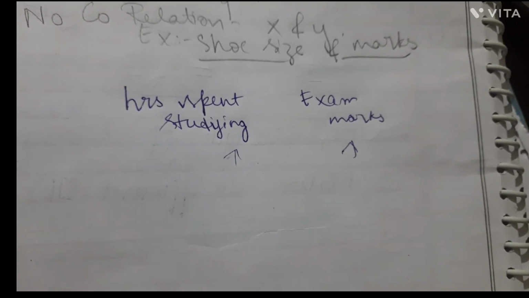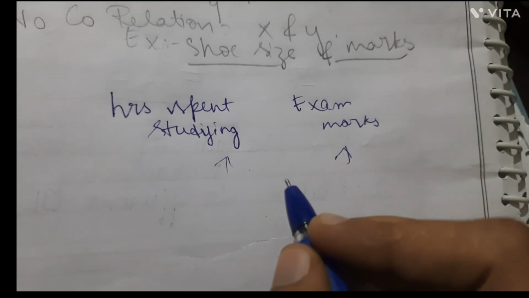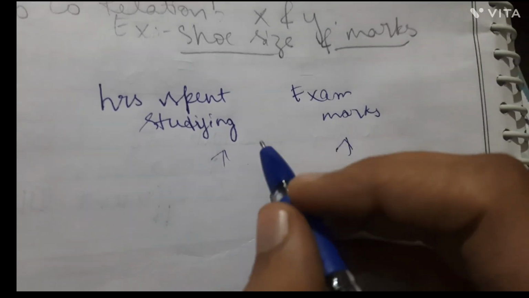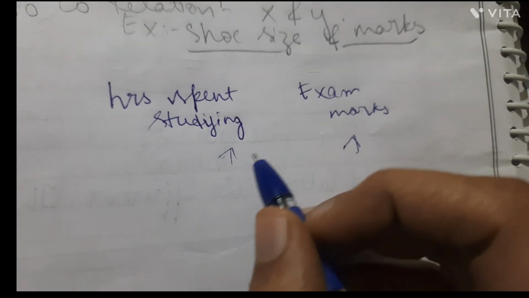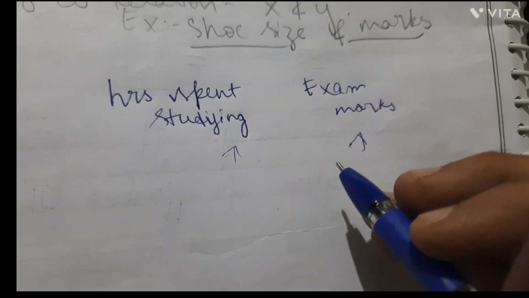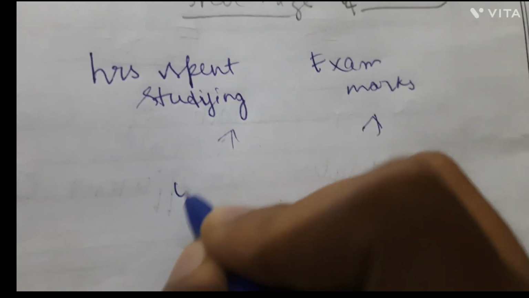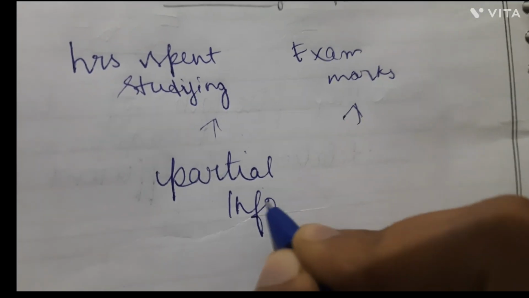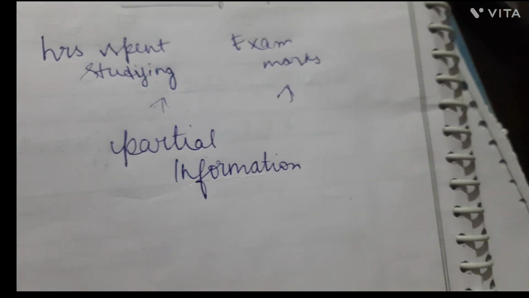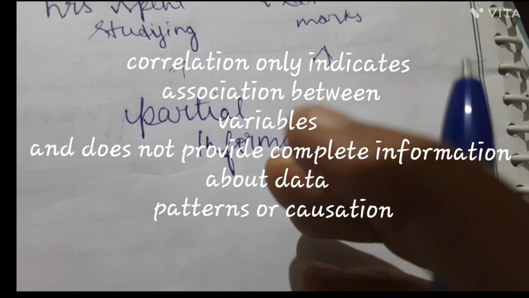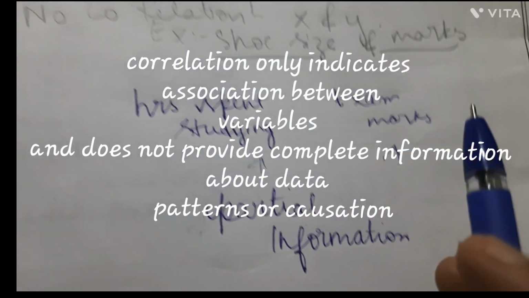But correlation does not tell us whether studying caused high marks, or whether stress or sleep or teaching quality affected the marks, or whether a few extreme values influenced the correlation. So correlation gives us only partial information and not the full story. So correlation only indicates association between the variables and does not